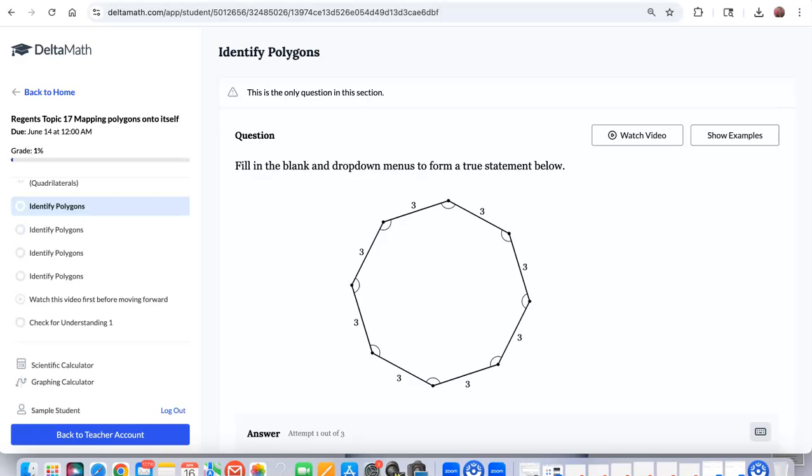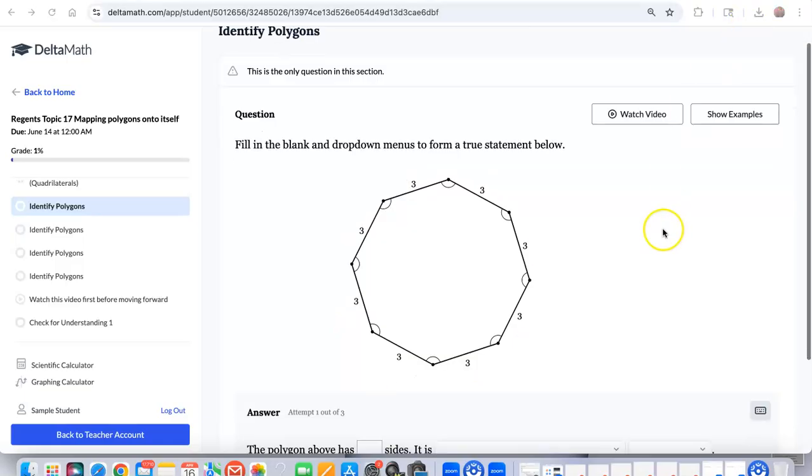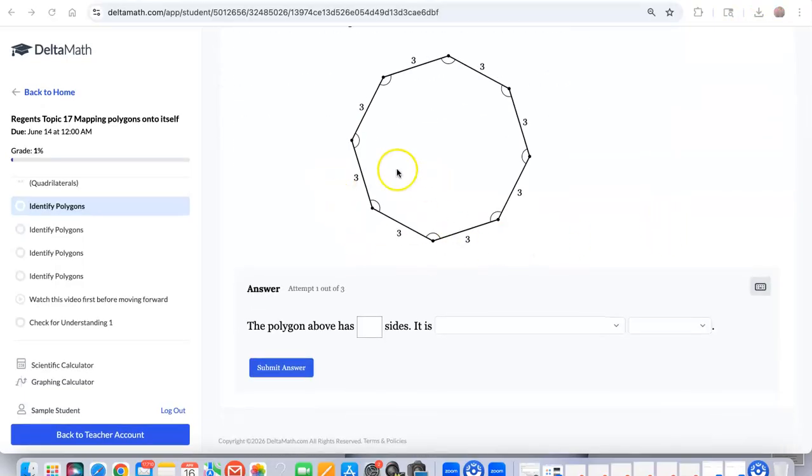You want to ask yourself, how many sides does this have? So this is 1, 2, 3, 4, 5, 6, 7, and then 8. Which type of shape has 8 sides? And this is where this comes into play. So the polygon above has 8 sides, and it is